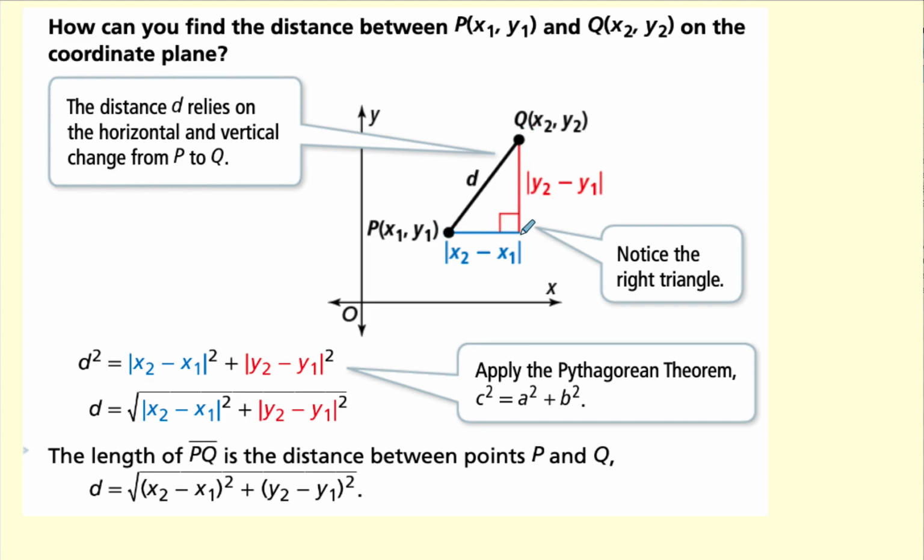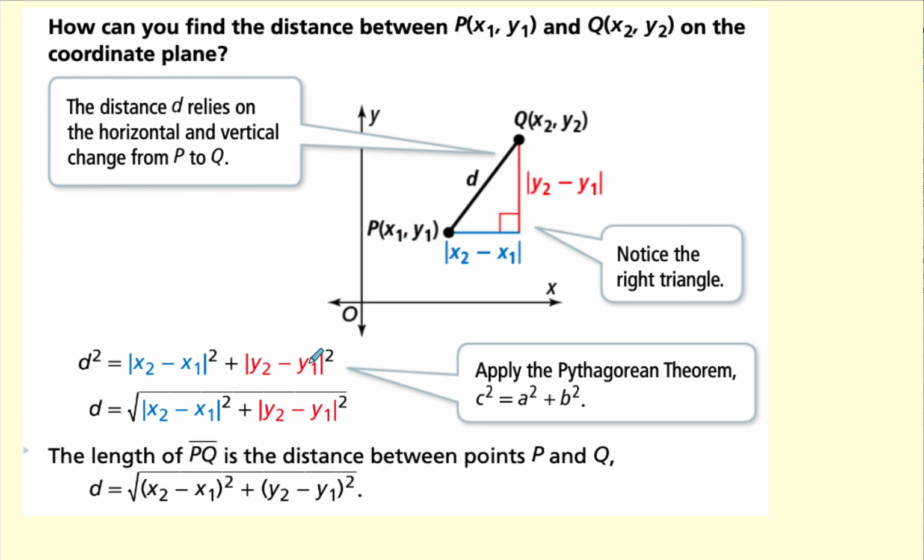And this part right here is the difference of the y's. If the two y's subtracted, take the absolute value, that's the distance. And the two x's, take the two x's, subtract them, and take the absolute value, and that will be the distance for the x's. We're going to use the Pythagorean theorem because this is a right triangle. So this distance is really our c, so d squared is equal to, and we'll use these two sides and